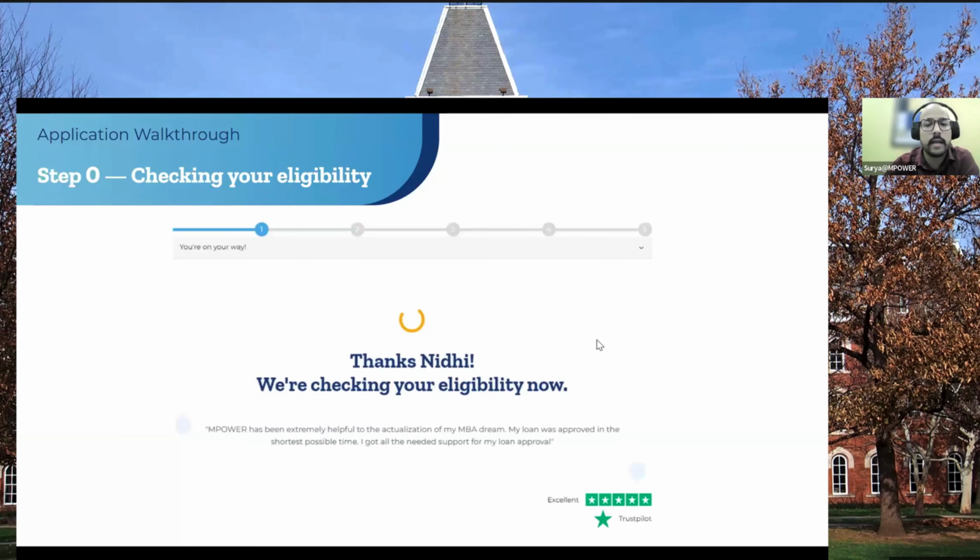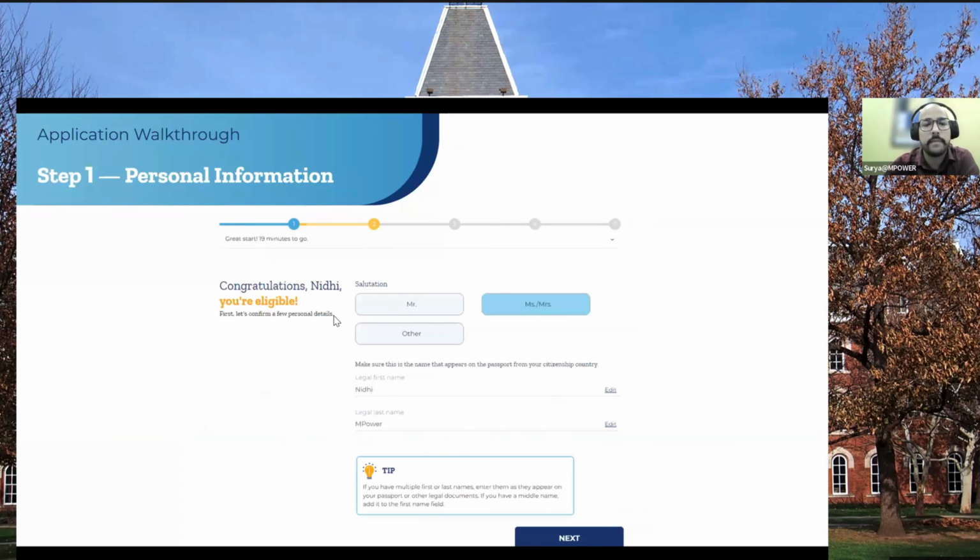Once this is done, we would be checking your eligibility. And if you are eligible, this is what you would see on the screen, meaning now we are beginning the application submission process where you are considered eligible. Now you would need to provide us all the relevant remaining details to strengthen your application so that we can further review it and provide a loan decision.